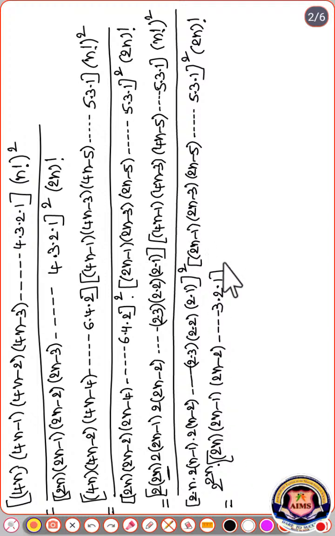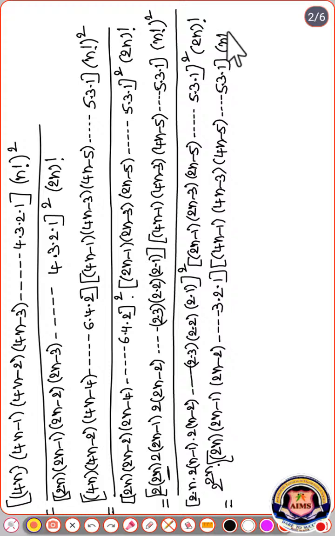Okay, remaining as it is. Don't disturb values. 4n minus 1, 4n minus 3, 4n minus 5, and so on, 5, 3, 1 into n factorial whole square, whole divided by